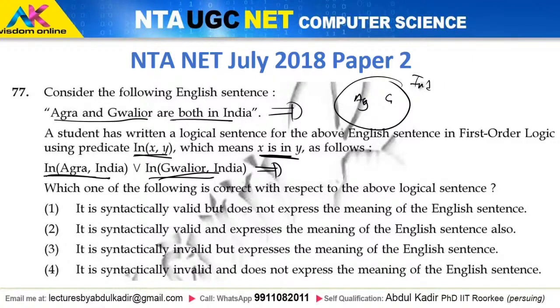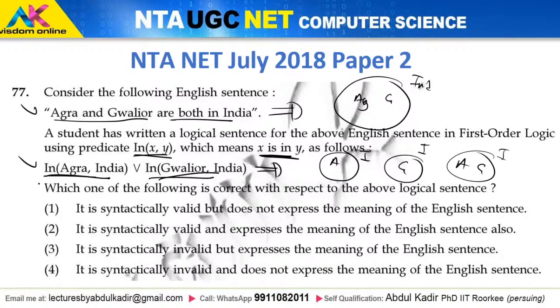अब अगर मैं किसी को ये सेंटेंस बोलूँ कि आगरा इंडिया में है या ग्वालियर इंडिया में है, तो उसे ये पता चलेगा कि या तो आगरा इंडिया में है, ठीक है, या फिर ग्वालियर इंडिया में है, या फिर हो सकता है दोनों इंडिया में हो, समझ रहे हो। तो दोनों जो सेंटेंसेस हैं वो बेसिकली डिफरेंट हैं, दोनों सेंटेंसेस अलग हैं, ठीक है। ऑफ कोर्स ये करेक्ट है, मतलब अगर ये करेक्ट है तो ये भी करेक्ट है, क्योंकि अगर आगरा और ग्वालियर दोनों इंडिया में है तो इसका मतलब है कि ये भी करेक्ट है। इसका मतलब अगर ये ओरिजिनल सेंटेंस करेक्ट है तो ये भी करेक्ट है, ठीक है।